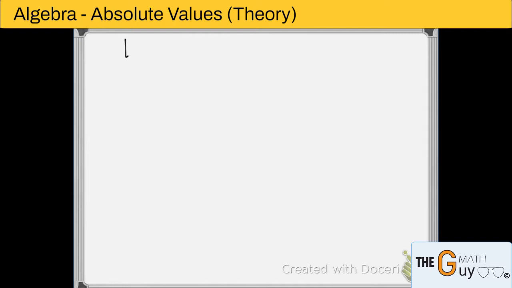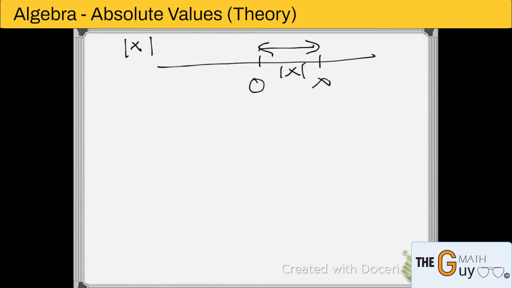When a question asks, what is the absolute value of x? The simple way to plot it is that you can do 0, just plot x anywhere, and the distance from 0 to x is absolute value of x. As simple as that. Now, here comes a little bit of fun part. If I do absolute value of x minus 1,